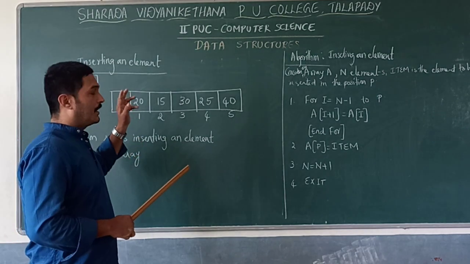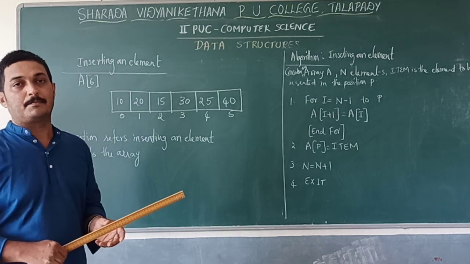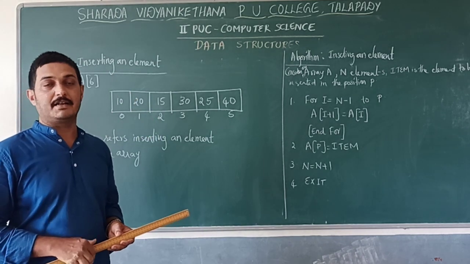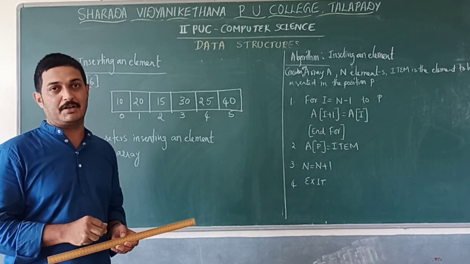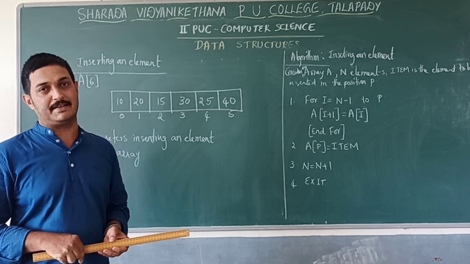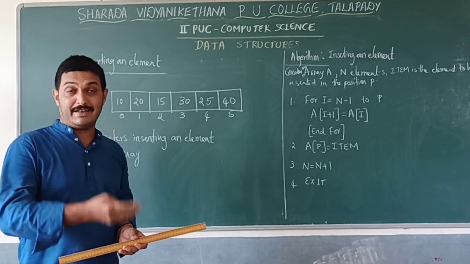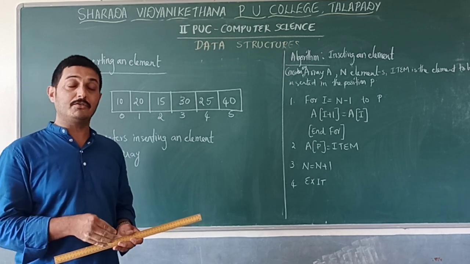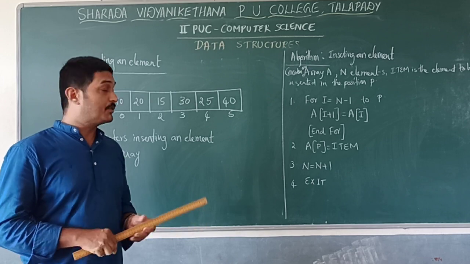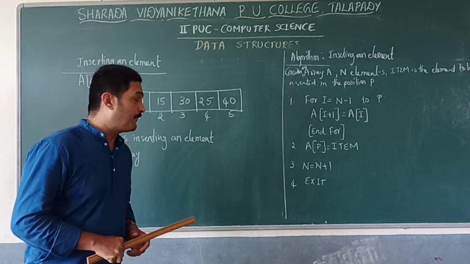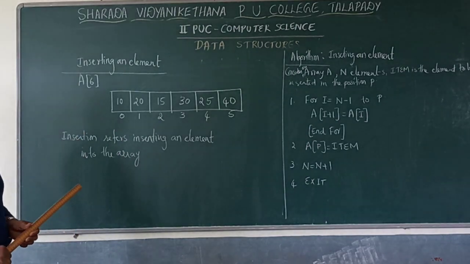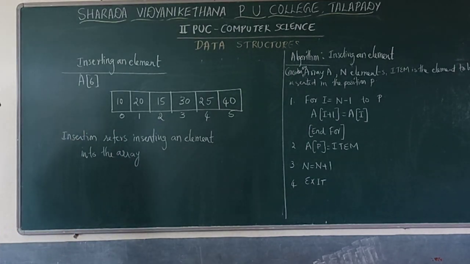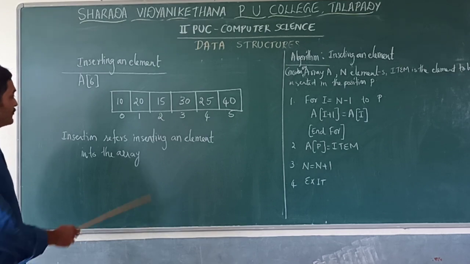And here some algorithm is there. One algorithm is there in your syllabus. In that one, we have to insert an element to the proper position. Position should be mentioned by the user itself. So how to insert an element to the list or to the one-dimensional array? So here, how to insert? For example, you can take an array A of 6 elements. 6 elements here, its index value or position value starting from 0